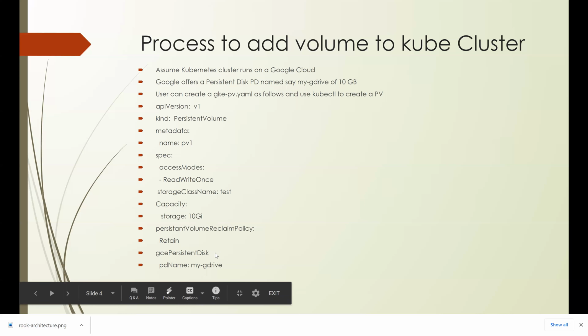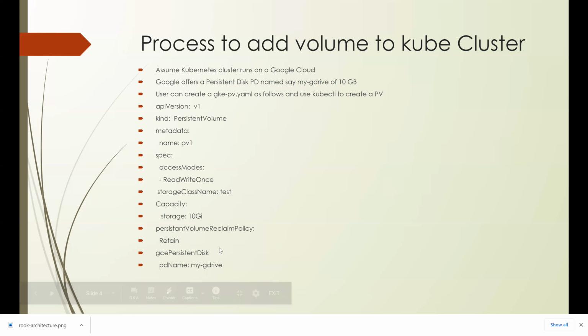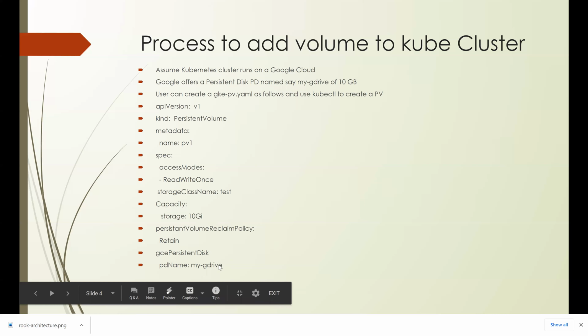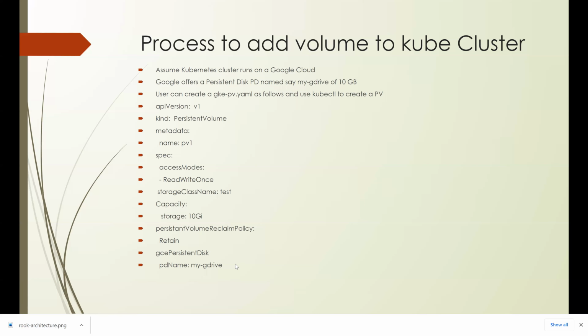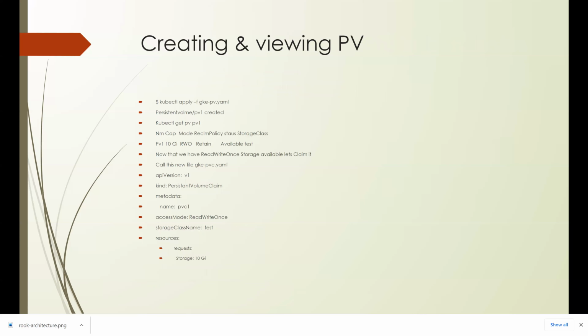And the persistent disk name is my G drive. So our gke-pv.yaml contains a GCE persistent disk whose name is my G drive. Now, creating and viewing a PV. You use a command line. I'm using it because we are trying to understand how it can be done. This is an imperative way of doing it, however, but let's do it.